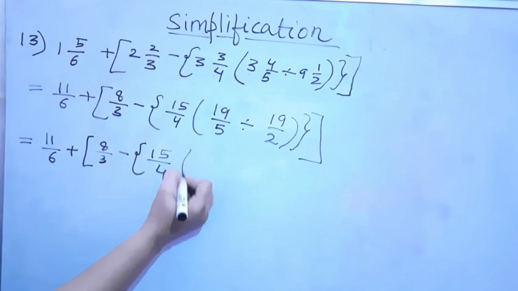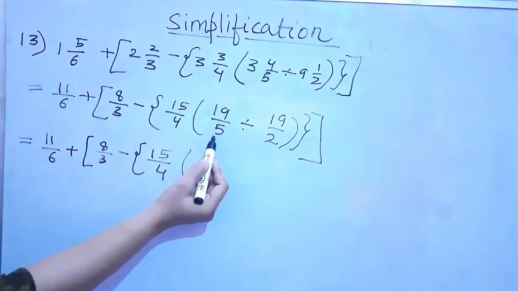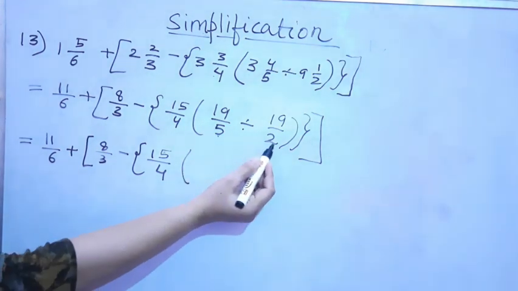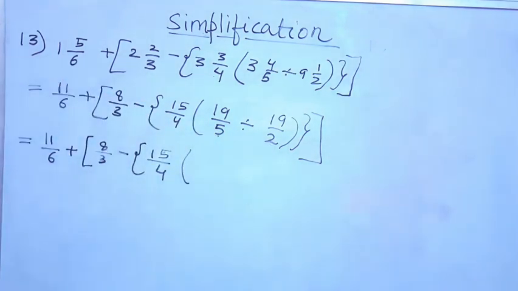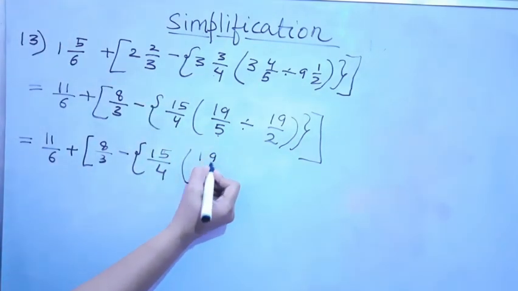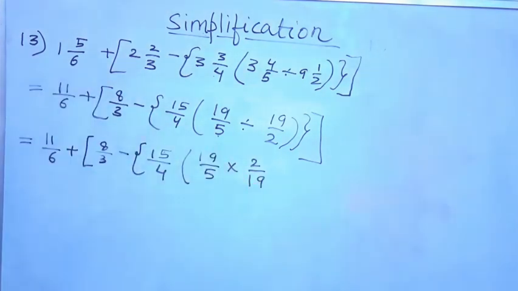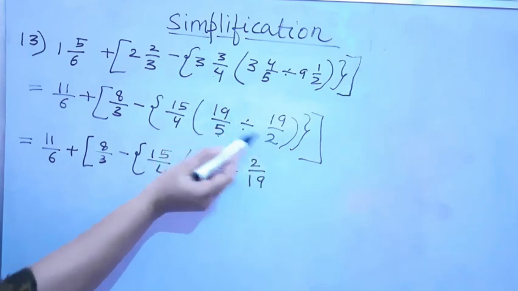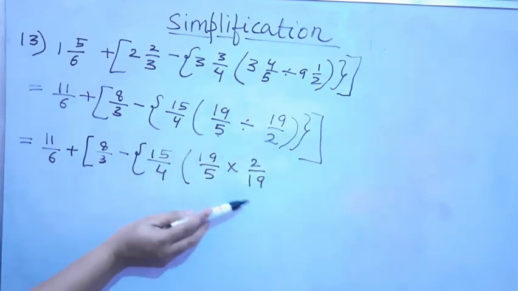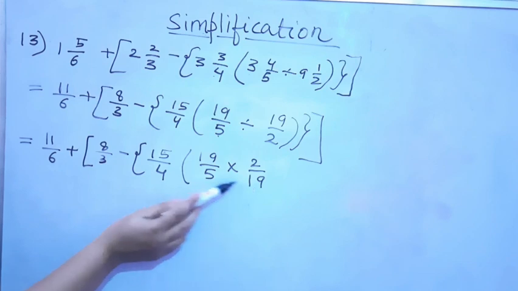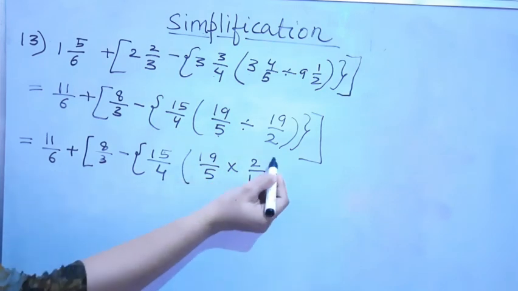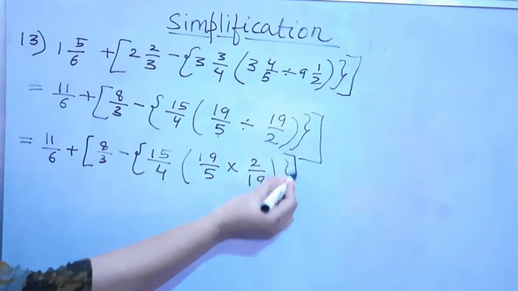So how will the parenthesis be removed? Since we have to divide the two fractions, this is the first fraction and this is the second fraction. How do we divide two fractions? If you know the procedure, you can comment down your answers in the comment section. While dividing two fractions, we have to take the reciprocal of the second fraction and multiply it with the first one. This is the procedure. So I have to divide these two fractions. I have taken the reciprocal of the second fraction, which is 2 upon 19, and then I have multiplied it with the first fraction. Okay students, now all the brackets will be closed.